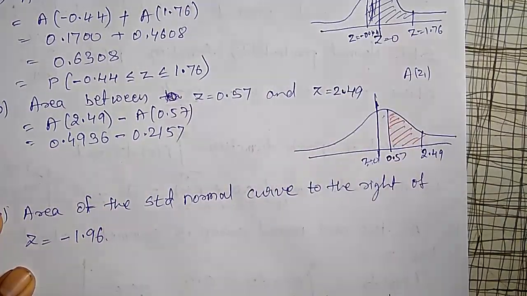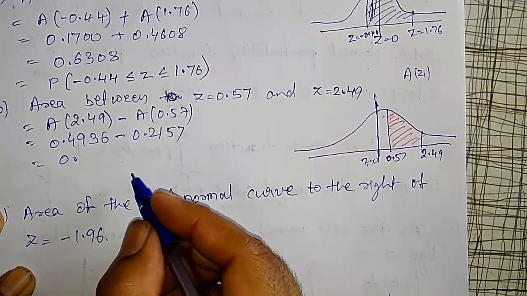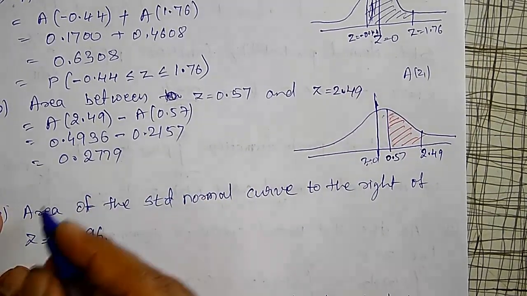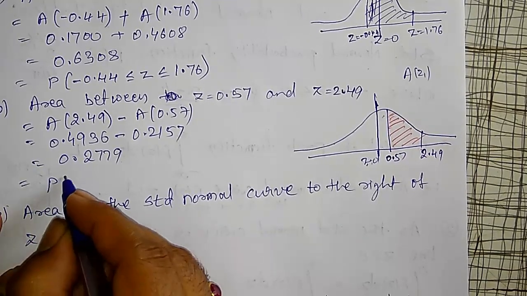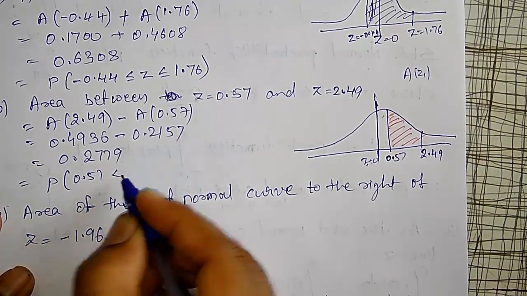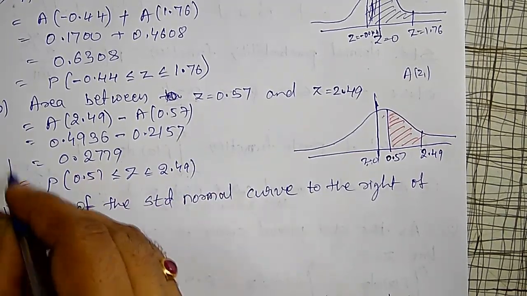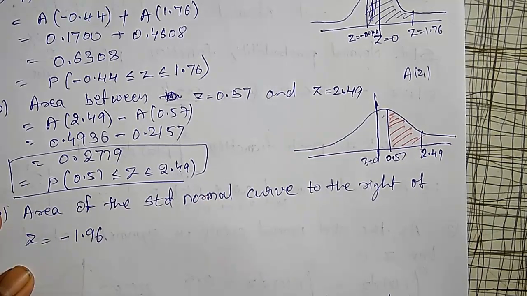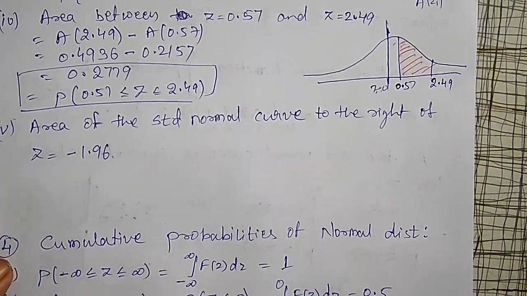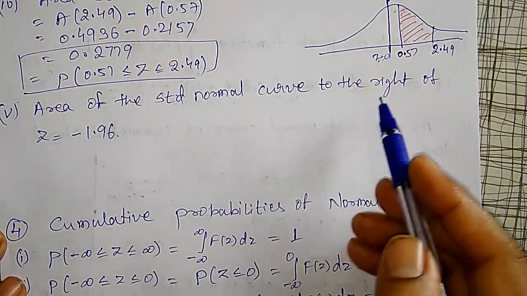Okay, then subtracting these two, I am going to get 0.2779. This is nothing but the probability between 0.57 less than or equal to z less than or equal to 2.49. This is also given if both are positive. And one more, a third type I would like to find here: the area of a standard normal curve to the right